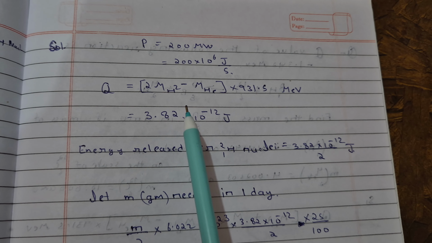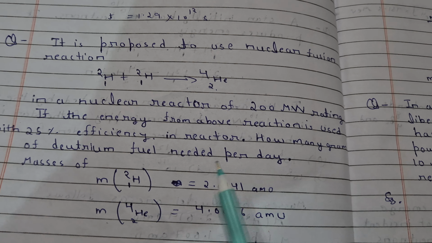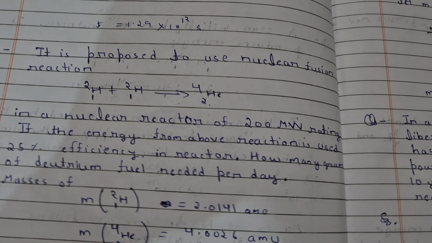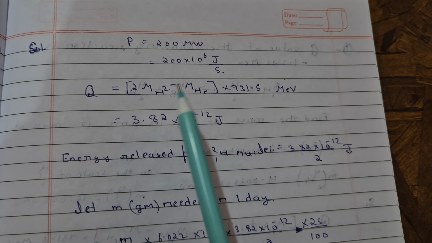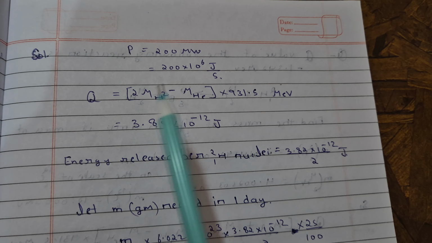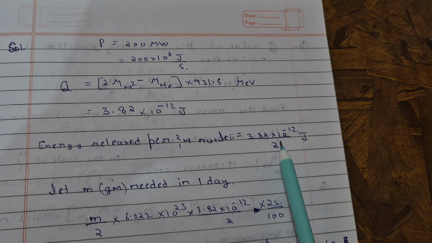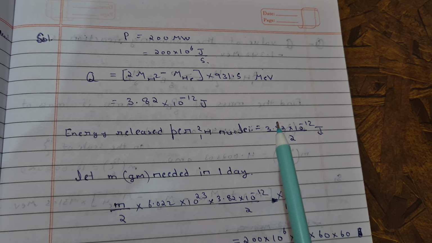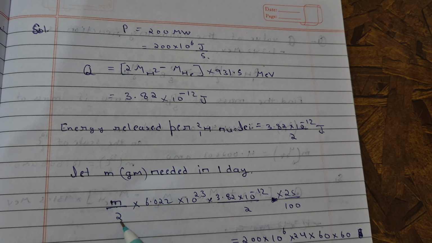And we need to find the mass of deuteron. So how many grams of deuterium are required? So we need to find the mass of deuterium. So first we need to find the Q value. That is the energy released by 2 deuterium atoms, so per deuterium it will be divided by 2. So that will be the energy by 1 deuterium. So let's say mass m is required for 1 day. So m divided by the atomic mass number, that is 2,